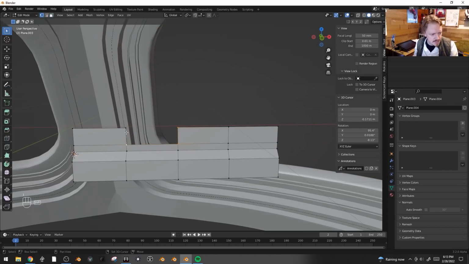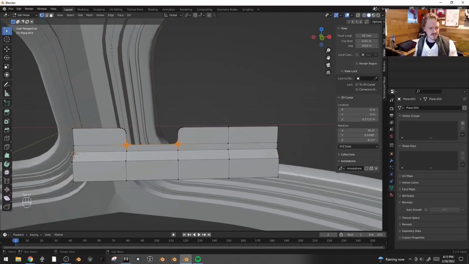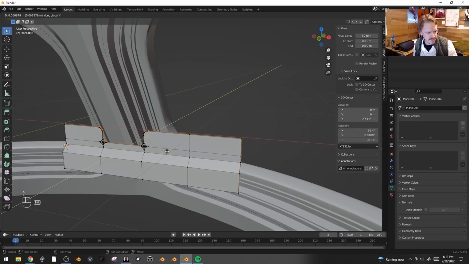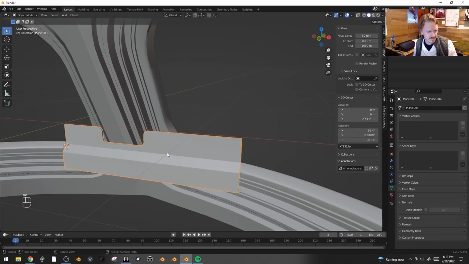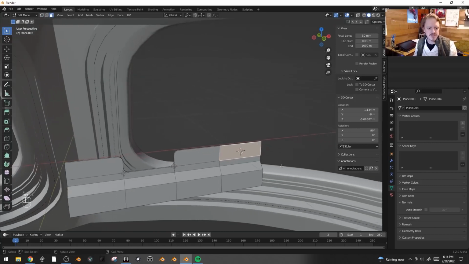And here, let's select these four right here and hit Control Shift B. So we're just beveling these points in kind of a two-dimensional way, and that feels pretty good. Yeah, and here I can select everything, extrude it back a little bit, give it some depth. That feels good. Okay, next I'm going to select this face here, Shift S, cursor to selected, just so we